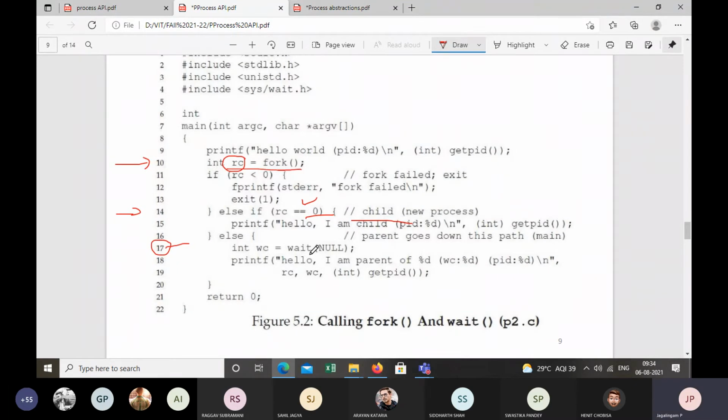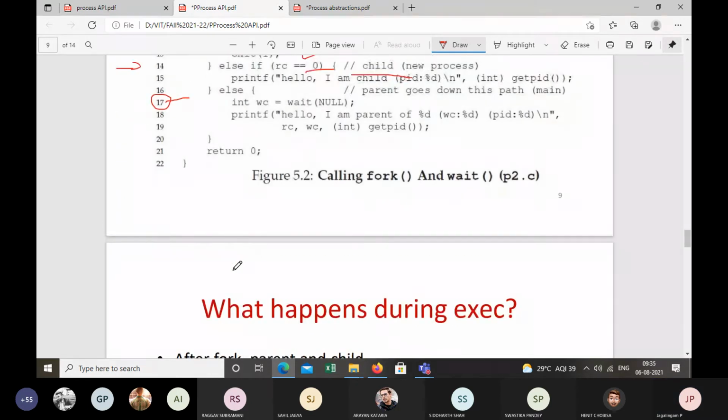What happens in line 17? The wait function is being called from the parent. Good, very good. The wait system call is invoked by the parent. Now, what does it mean? The parent is just waiting for child to complete the execution, and then the parent will start executing.